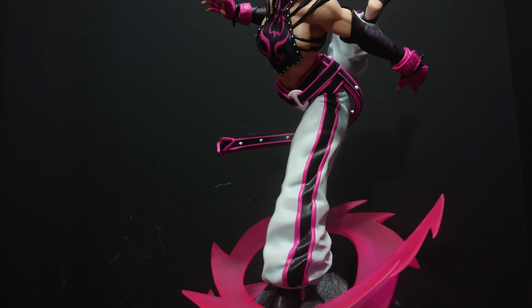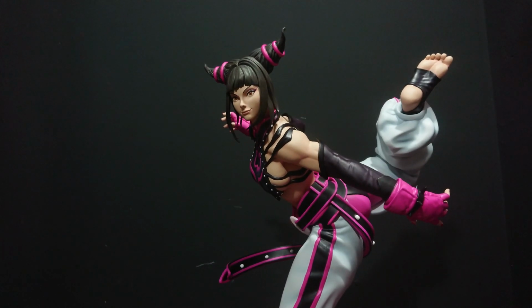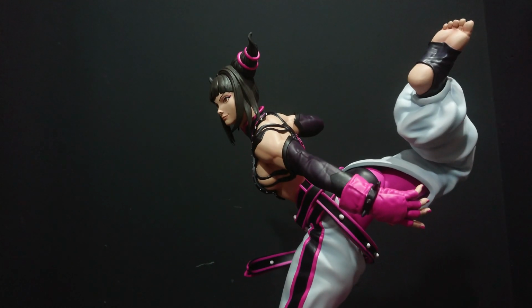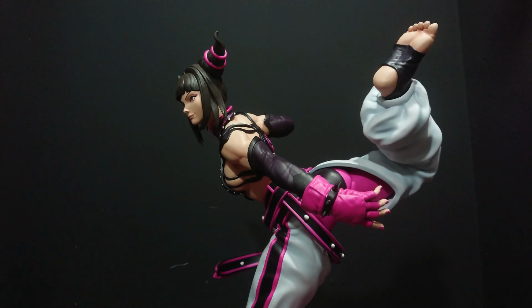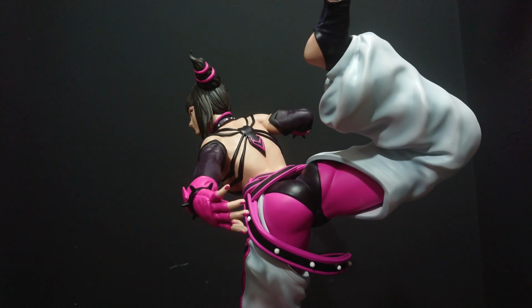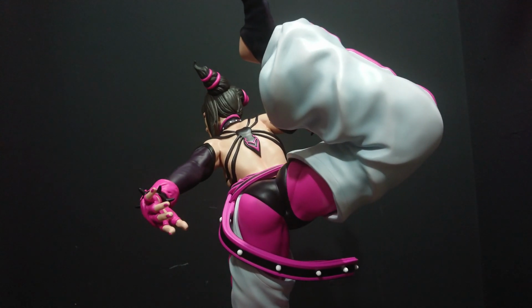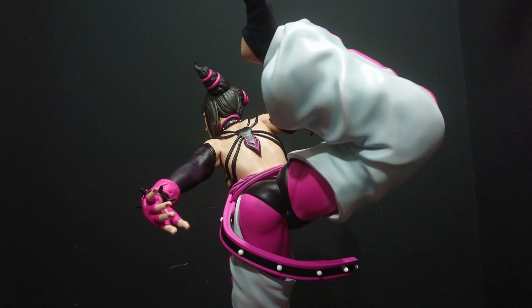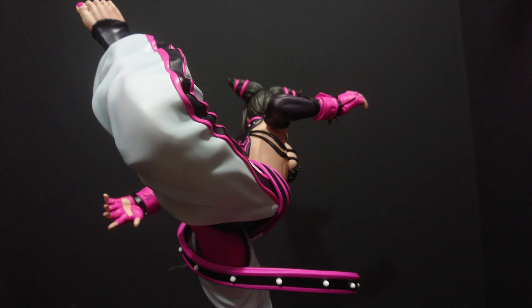Let's angle up a bit and get that face and the body detail. So we just scooted up a bit to catch Juri's body and face. Let's just re-angle slightly. And the pose is brilliant. As you can see, the leg coming at the back. The glutes, very, very well done. As you can see, all the spider along the back there, all the lines are picked out really, really well. Some really good textures on the